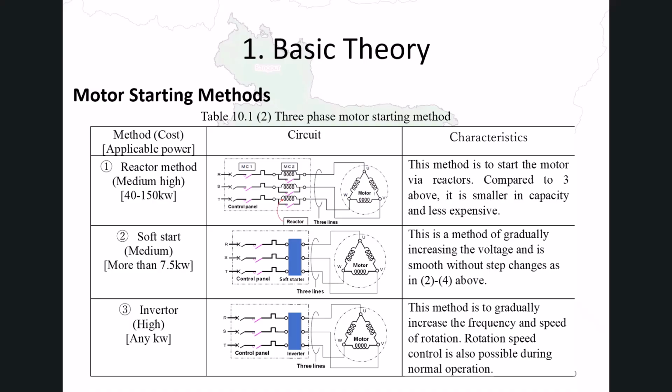This enables the motor to start with very low starting current. In addition, inverter control allows speed regulation and energy-saving operation during normal operation. Recently, soft start methods have also become common in Bangladesh.